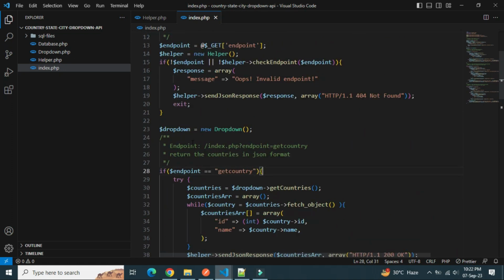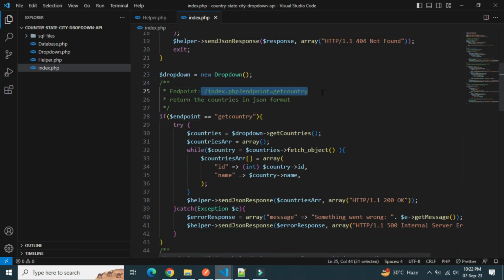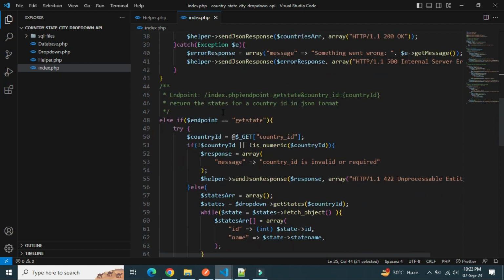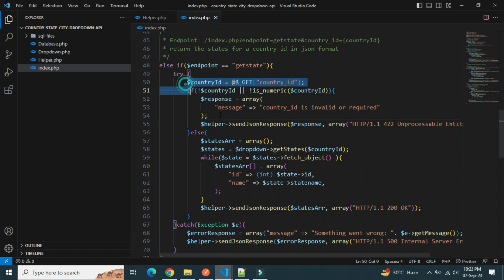Now I have put in the comment what you have to do to call the endpoint. I explained most of the things in the comment itself, and the code is pretty straightforward, so you can understand. Now the next thing is get state. For get state, you have to call the endpoint like this, passing the country ID, and here we just added an if condition to check whether the user is